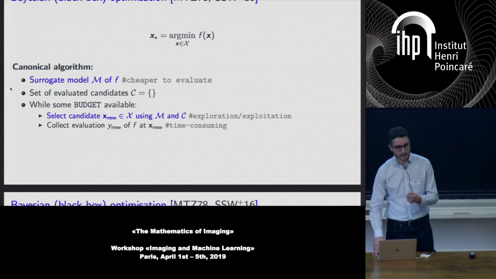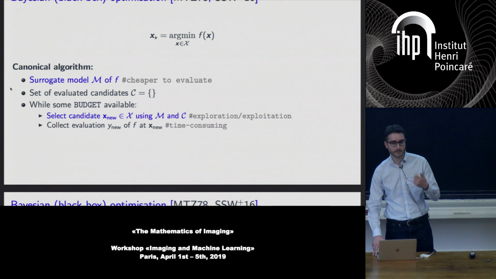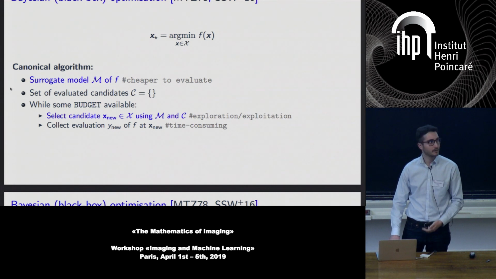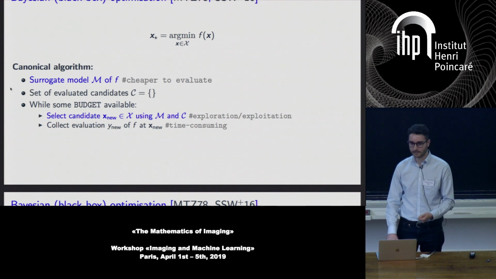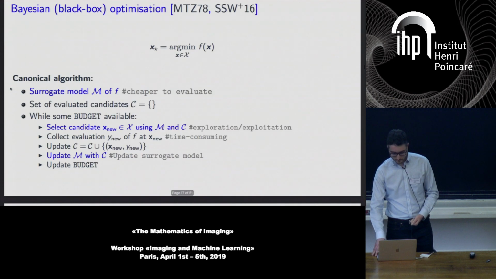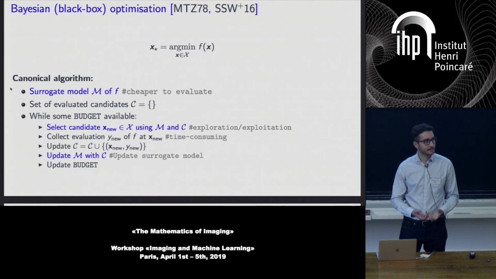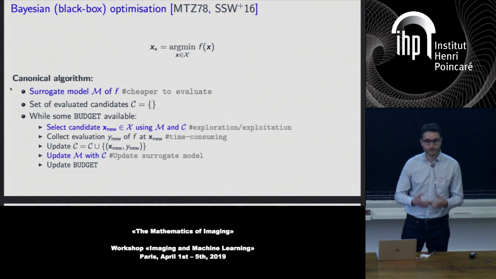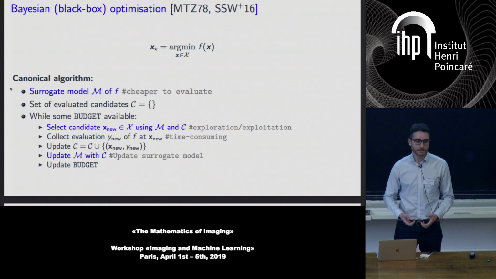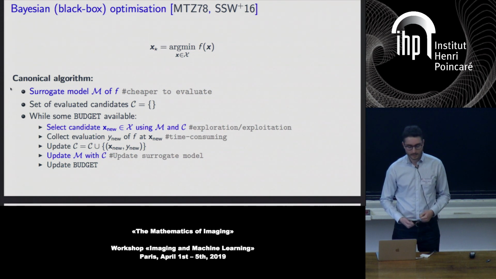So once you have a new proposal, a new hyperparameter vector x, then you collect the evaluation y. So for example, the test error. You train the neural network based on these hyperparameters x new, and you get y new. And this is the most expensive process. And finally, you can update your set of candidates C with this x new and y new pair. And based on this new set of candidates, you can update your belief about your model, M. So you update your model based on C. And then you update your budget. And you keep going until you are out of